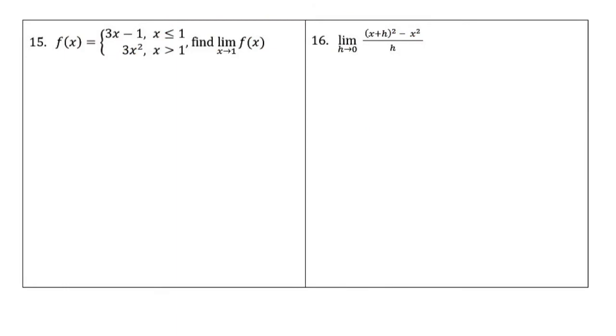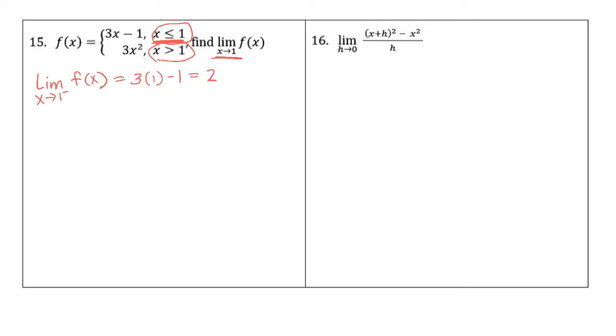With our piecewise functions, with our limits, and again, notice this limit's not talking about just one side of it. So you've got to approach both, and that's what your piecewise function is going to do for you. So we're going to have to look at the limit as x approaches 1 from the left of our function. And so from the left, that's all the values of x that are less than 1. So I need to go plug in, and I'm going to have 3 times 1 minus 1, and that's going